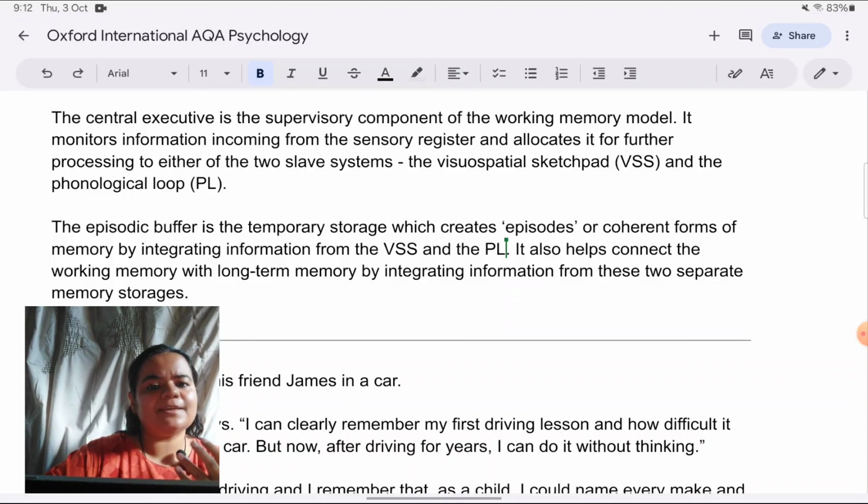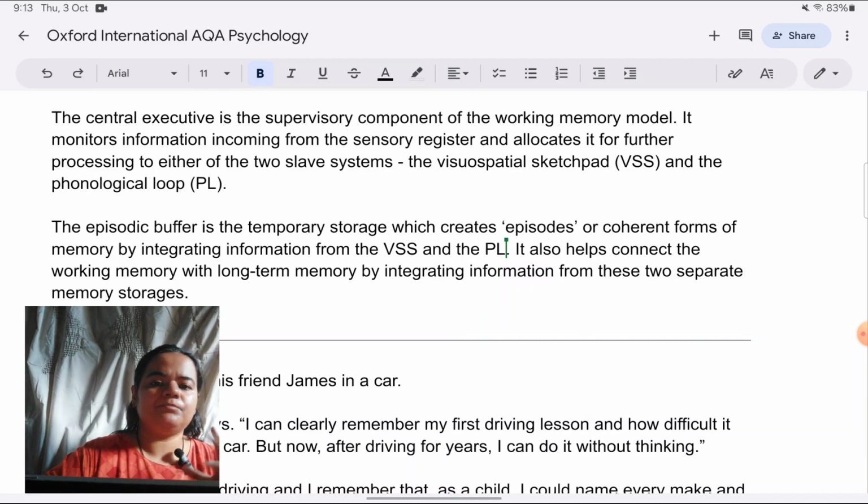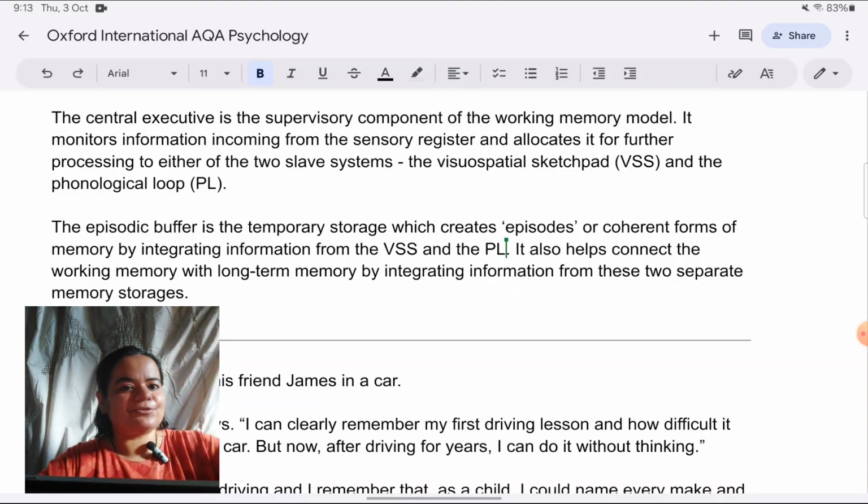And collection is a very loose term. It does not indicate coherence. Or they would say that episodic buffer has information for some time. It's better to call it a temporary storage. Instead of saying for some time, that does not indicate is it a storage system or is it just a thought process, like a cognitive process. So try to use good terms as you learn them in the textbook.